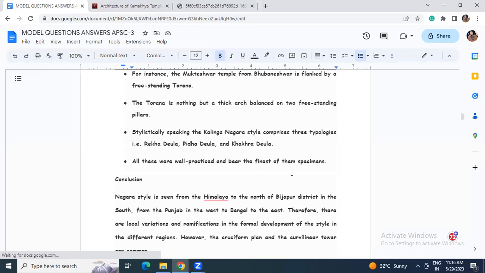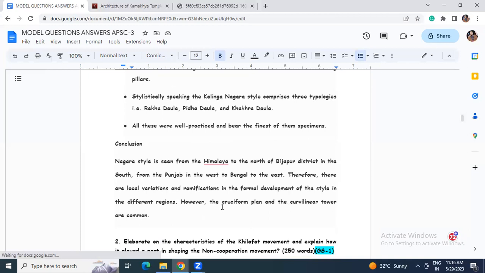However, the cruciform plan and the curvilinear tower are common. So I just said that some form will be common. So how this cruciform plan and curvilinear tower are common, here I would like to mention that